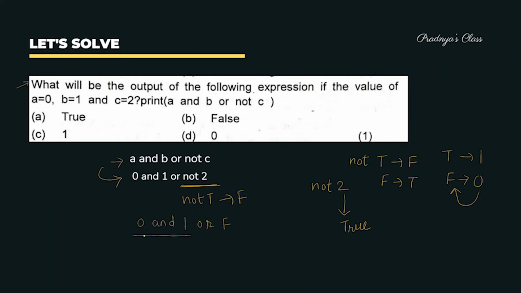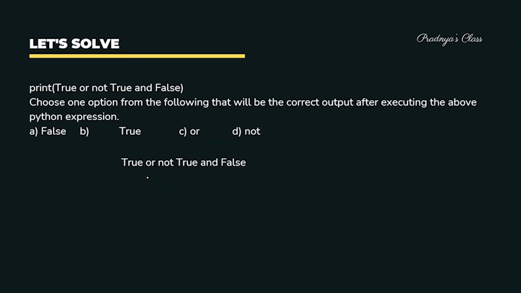अब नॉट के बाद हम सॉल्व करेंगे एंड को। तो एंड के केस में जब दोनों ट्रू होती है वैल्यू मीन्स दोनों 1 होती है, तभी हमें आंसर मिलता है ट्रू, जो कि 1 हो सकता है। लेकिन यहाँ पे एक वैल्यू 0 है, एक वैल्यू 1 है, तो हमें आंसर मिलेगा 0। अगर दोनों 1 होती है तो ही हमें आंसर मिलता है 1 इन केस ऑफ एंड। तो हमें आंसर मिल रहा है 0 और F। अब यहाँ पे 0 मतलब फॉल्स ही है, तो 0 और फॉल्स मीन्स फॉल्स और फॉल्स, वी विल गेट फॉल्स। सो आवर आंसर इज फॉल्स। सो B इज द करेक्ट ऑप्शन। ये थोड़ा कंफ्यूजिंग हो सकता है, लेकिन हमेशा याद रखिए 0 फॉल्स होता है, लेकिन अगर 0 के अलावा दूसरा कोई भी नंबर है तो उसकी वैल्यू होगी ट्रू।